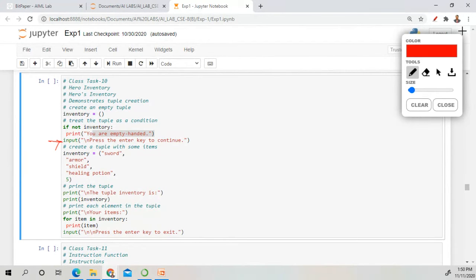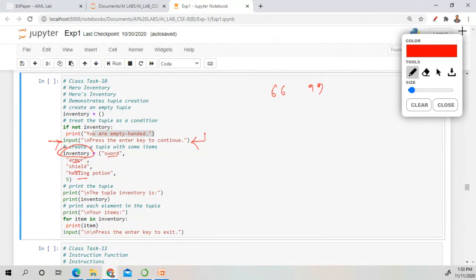When this is executed, you have to take the input: press the enter key to continue. When you press enter, it will continue. In the next statement, we take a variable inventory and define a tuple of strings.